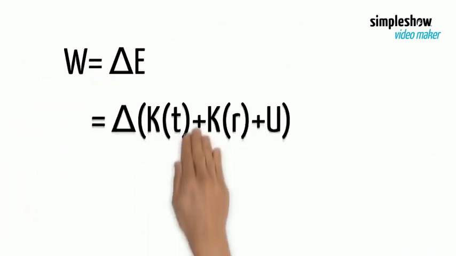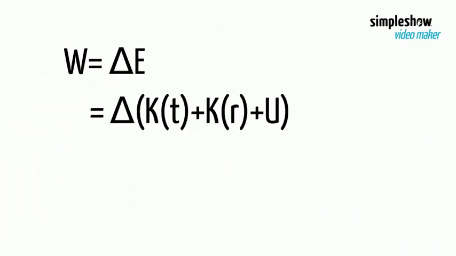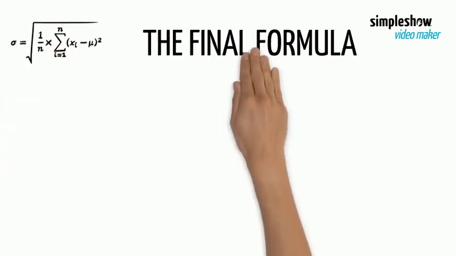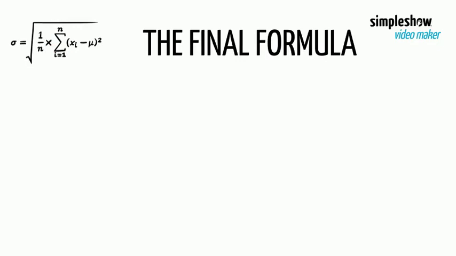W equals delta U, which is equal to the change in translational kinetic energy K_T plus rotational kinetic energy K_R plus potential energy U, which is equal to final K_T minus initial K_T plus final K_R minus initial K_R plus final U minus initial U. Since the body starts from rest, initial kinetic energy equals 0 and final potential energy equals 0. Therefore the final formula would be 0 equals final K_T plus final K_R minus initial U, which means 0 equals